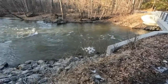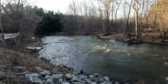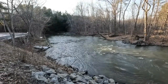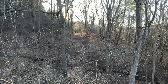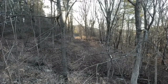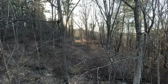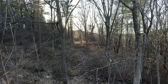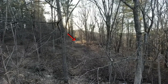This is flowing at a pretty good clip. Very, very popular summertime swimming spot. Trust me, I know. Well, if you really want to take your life in your own hands, travel south on the Taconic Parkway from Jackson Corners Road, cross over the Roeliff Jansen, and right there, oh, look at